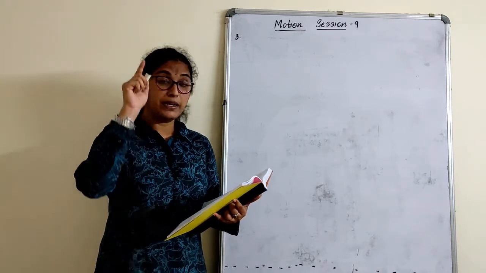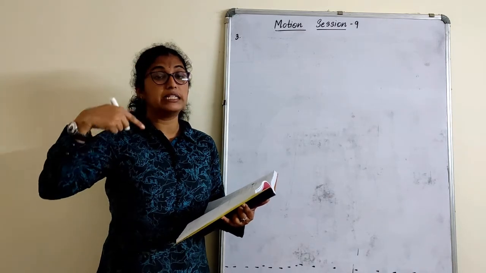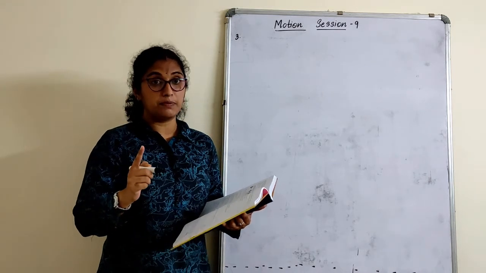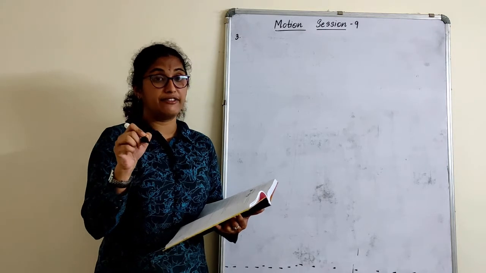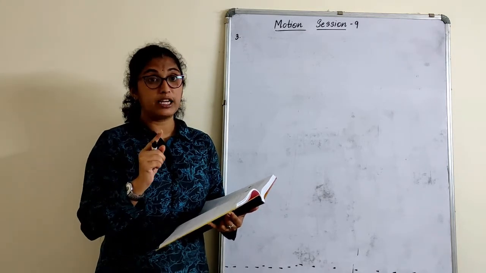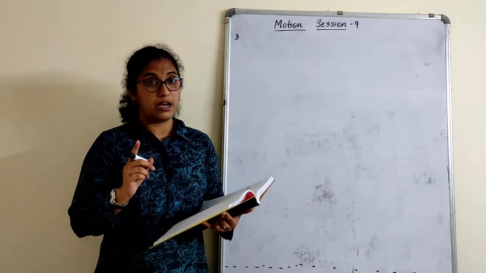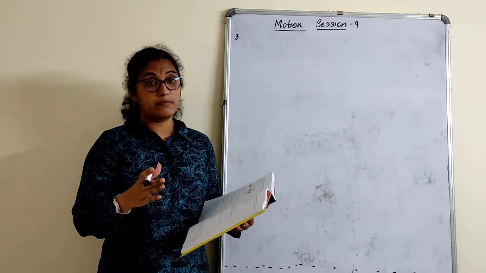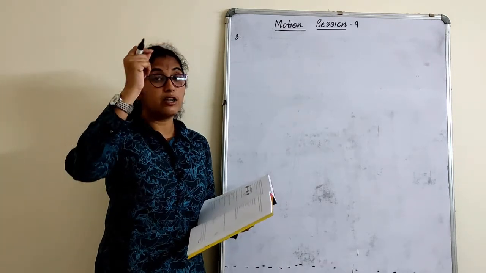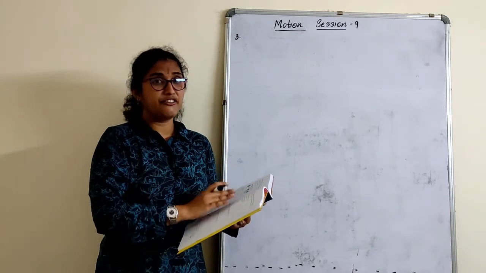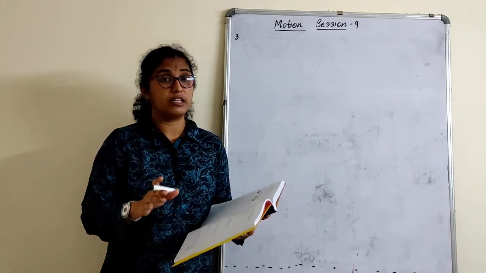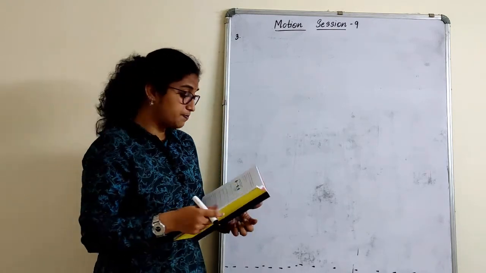So average speed first is 20 km per hour, second is 30 km per hour. If in your textbook, or in the notes I have given, it is 40, change that to 30 km per hour. So we will be solving the sum here with respect to 20 km per hour and 30 km per hour, and with a slightly different method than what I have given you all in the notes. I'll be doing this, right?